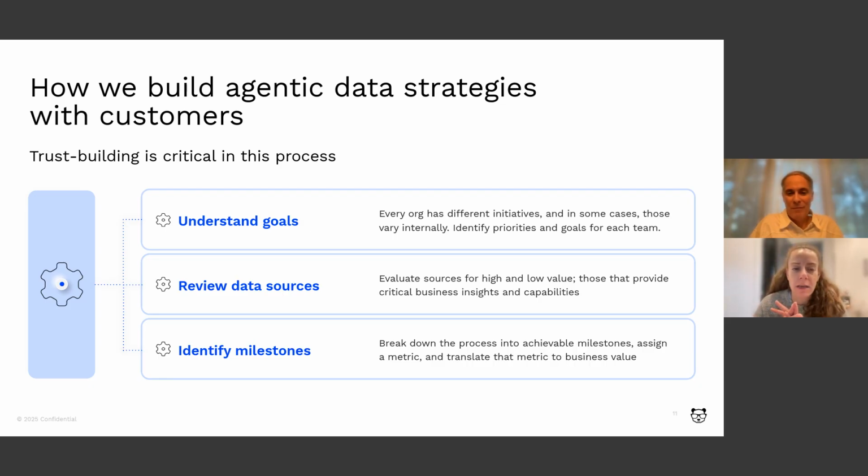And just as C was saying, we need milestones. We don't want this to be a 12 or 18 month process where you're questioning what the value is. This is something we break down into very achievable milestones with clear metrics that can then be achieved and also translated to your business goals. And that's really the foundation of how we approach a data strategy. Yeah, 100%. Understanding the goals is fundamental to the way that we execute our deployments at BigPanda.